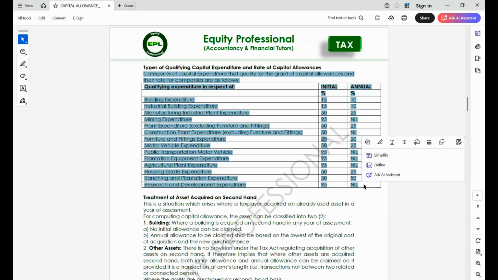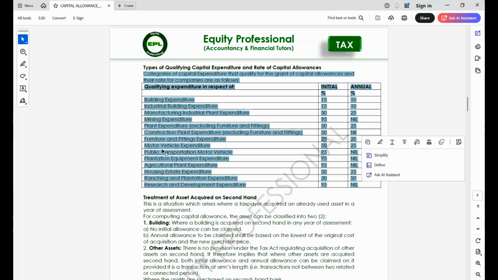The rates that will be given to you relate to company, most especially, because the one that relates to company differs from the one that relates to individual. We are going to focus our attention on the one that relates to company, because that's what will be provided by the examiner. So just look at the category of asset to know the initial allowance rate and the annual allowance. Building expenditure 15 and 10, industrial building expenditure 15 and 10, manufacturing industrial plant 50 and 25, mining 95 and nil, plant expenditure,